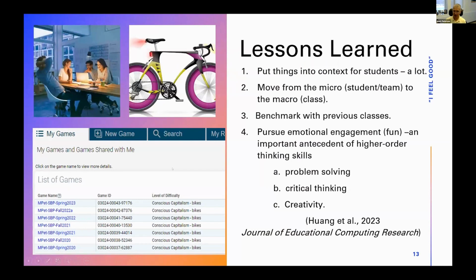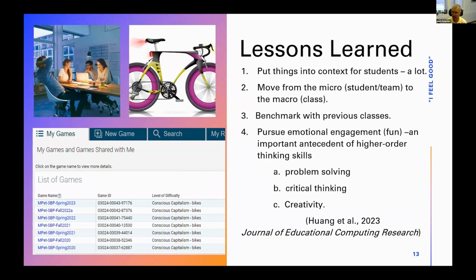And so some of the lessons I've learned here is to put things into context for students a lot. So when I'm coaching the entire class, I want them all to win. So it seems like I'm giving them more perspective. I moved them from the micro to the macro so that if you do this right, we'll all win, okay? And the class gets a grade, so to speak, and so I will provide a reward. But, after doing this, I'm realizing that